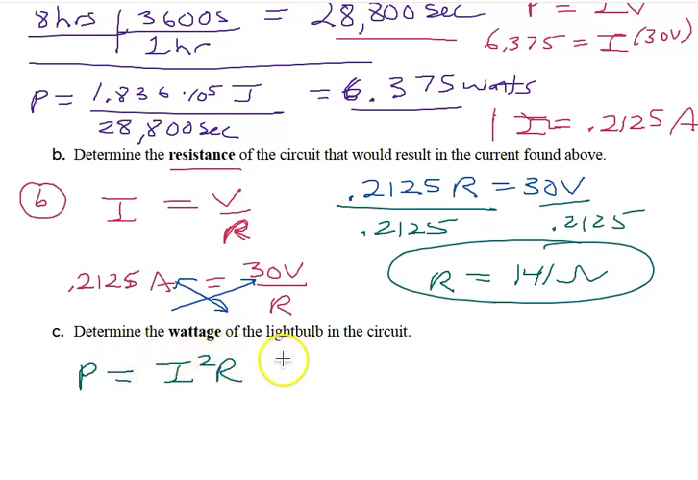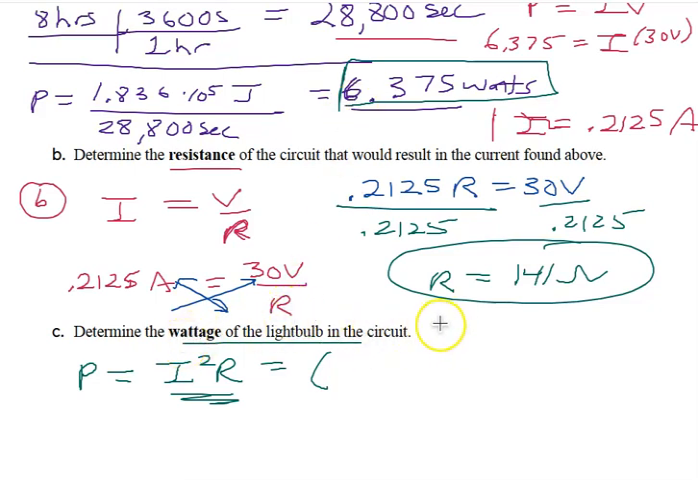I'm not sure if this is I squared R, you might not have the formula yet. I think I might have broken up the power generated by the battery and the power used up by the light bulbs separately. So if we haven't talked about this formula this year, just know that we are going to get it. But you can also use